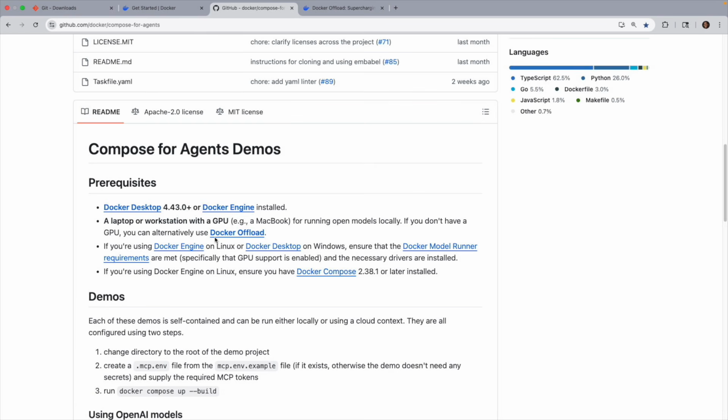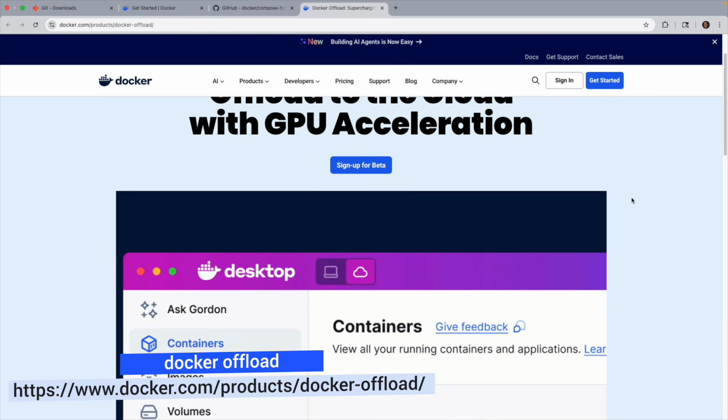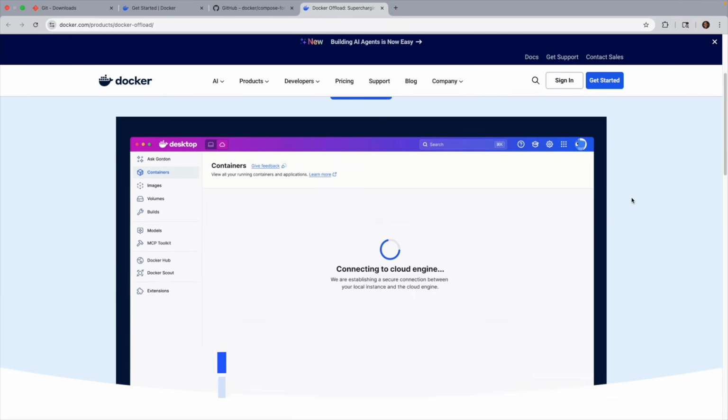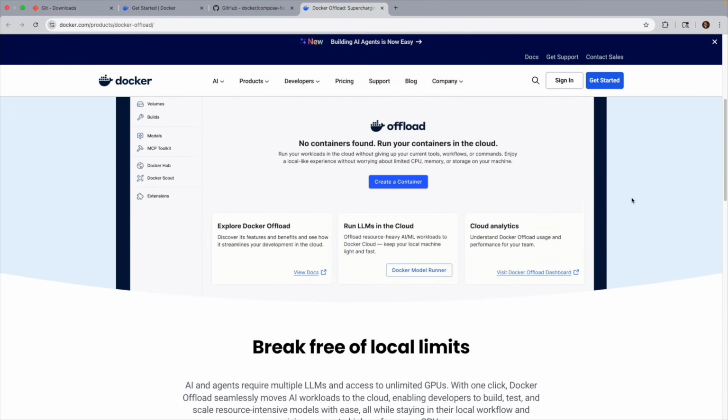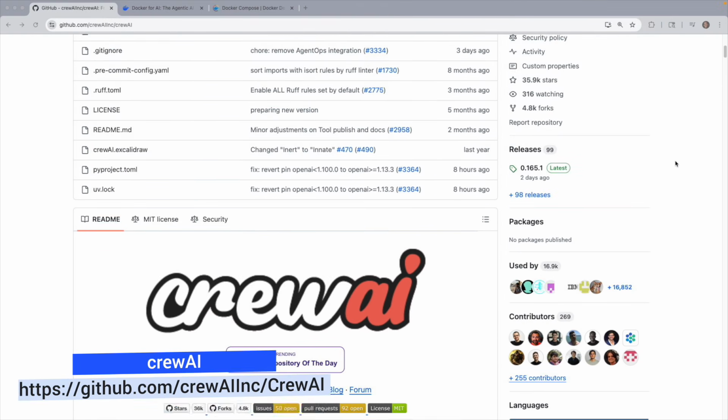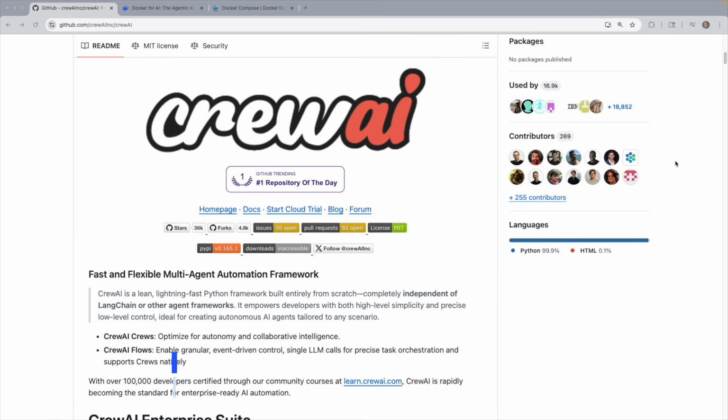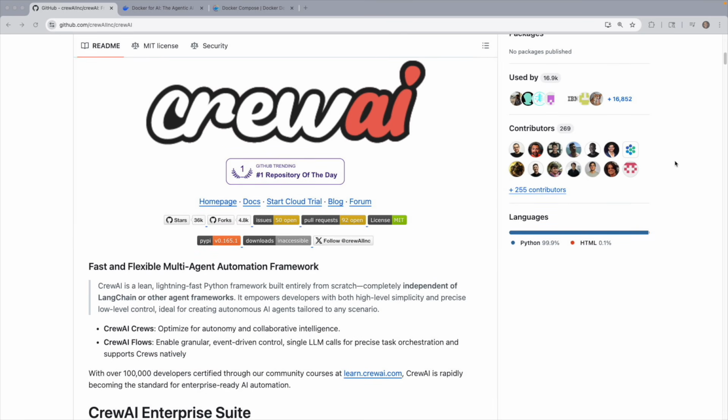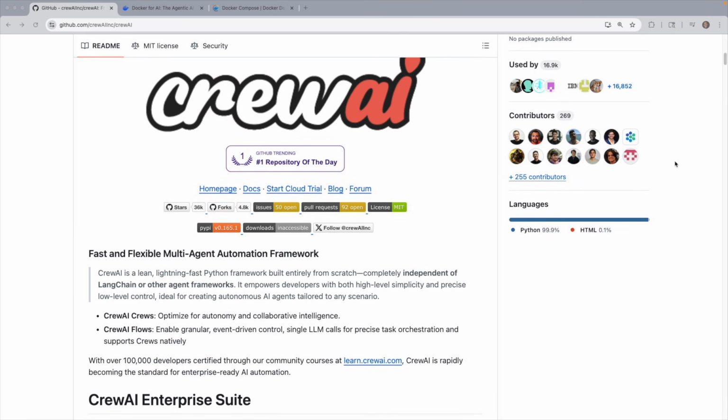And if not, you can always use Docker Offload. And in order to do that, you'll want to make sure that you sign up for Docker Offload access here in their beta program. CrewAI is a lightweight Python framework for building teams of AI agents, each with a role,